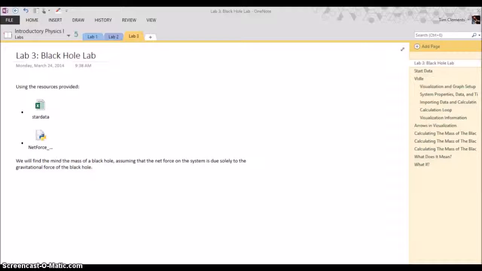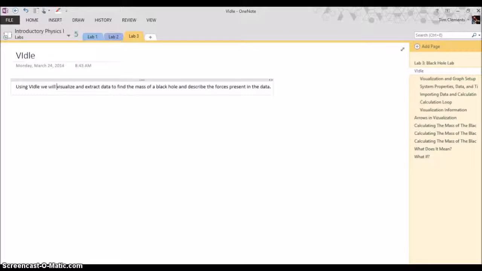Lab 3, Black Hole Lab. Using the resources provided, we will find the mass of the black hole, assuming that the net force on the system is due solely to the gravitational force of the black hole. Using VIDLE, we will visualize and extract data to find the mass of a black hole and describe the forces